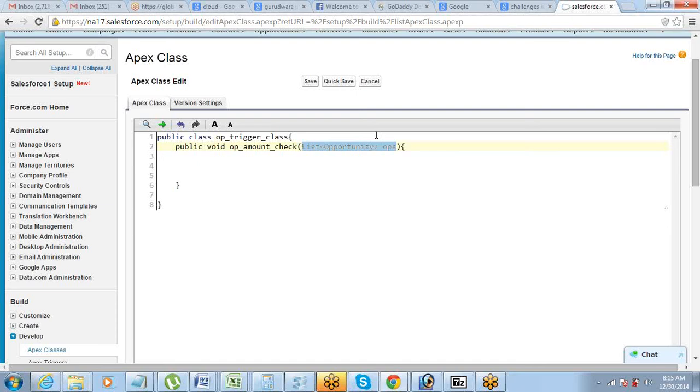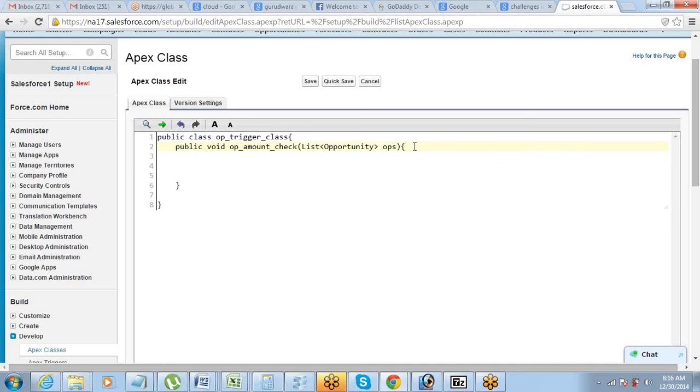Because trigger.new is to be supplied from our side. The record which needs to be checked, that has to be supplied from our side. So trigger.new is what we are gonna pass from here. Right. So that is there.